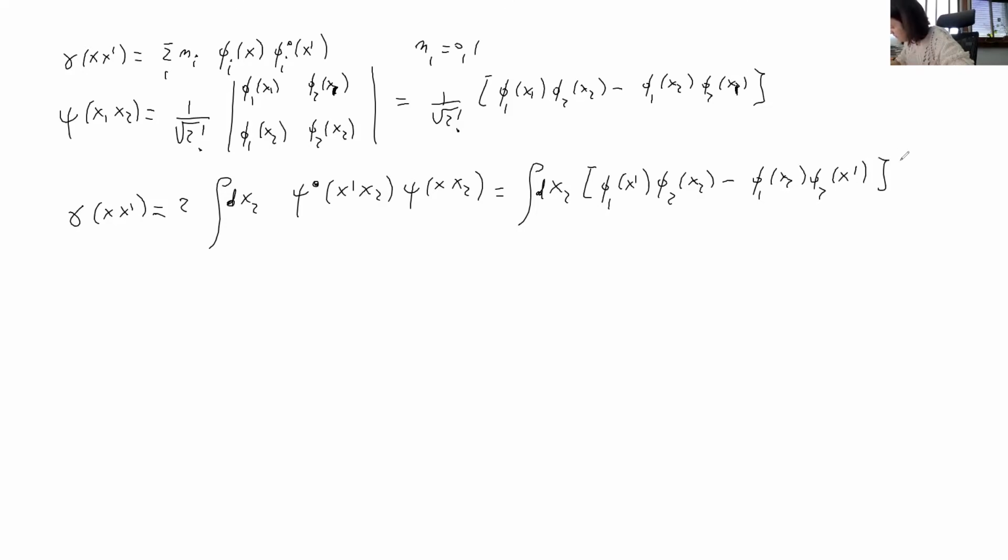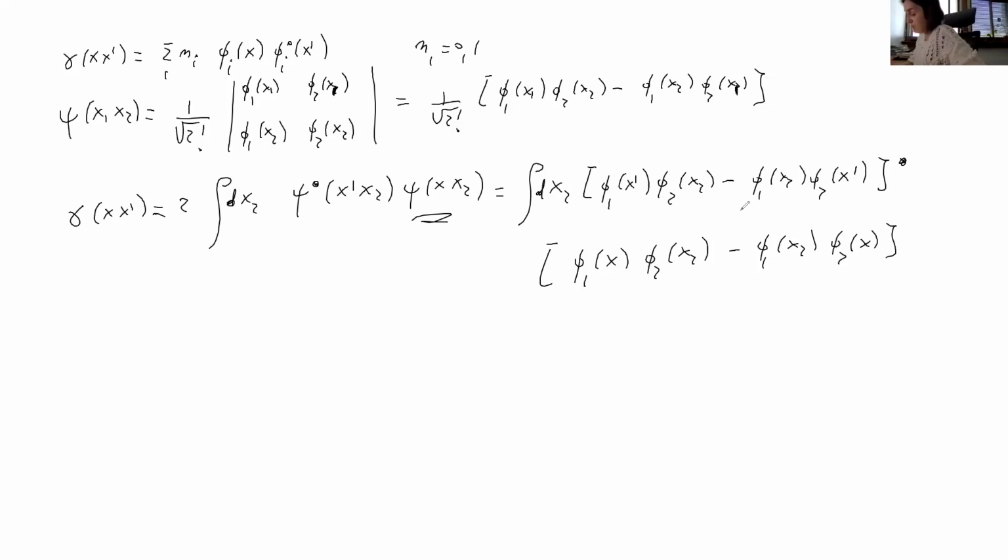Voila, this is all star. And then I have the other one, so I put this x2 minus. Okay, at this point, you see, I have some products here of 4 wave functions, and I have this